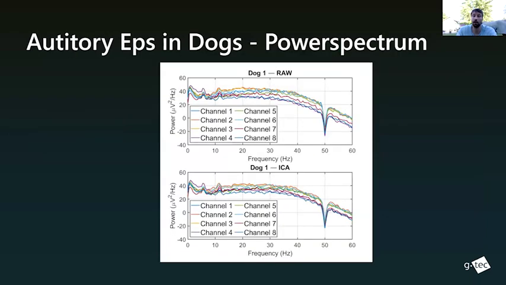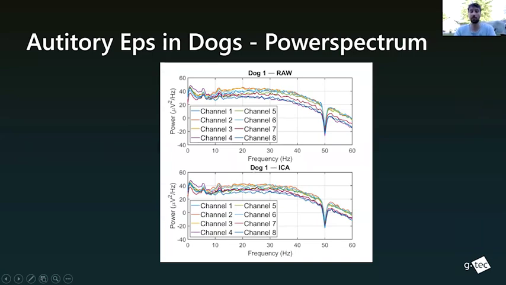We analyzed the power spectrum, so we wanted to see here a comparison to EEG in humans, for example. Where are we here with the power spectrum? Very typical behavior: it declines towards higher frequencies. We have here a 50 Hertz notch filter, and we also used some ICA to remove movement artifacts, because especially